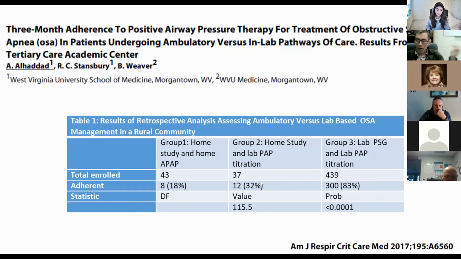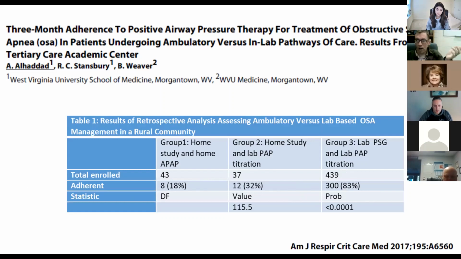And why did our group do so poorly? Now, there are certainly some problems with this study. This was a small study. The group who came to the lab, you could say, are more motivated to do treatment, but this at least was hypothesis generating, and this is a pretty dramatic difference, 18% versus 83%. So it got us thinking,